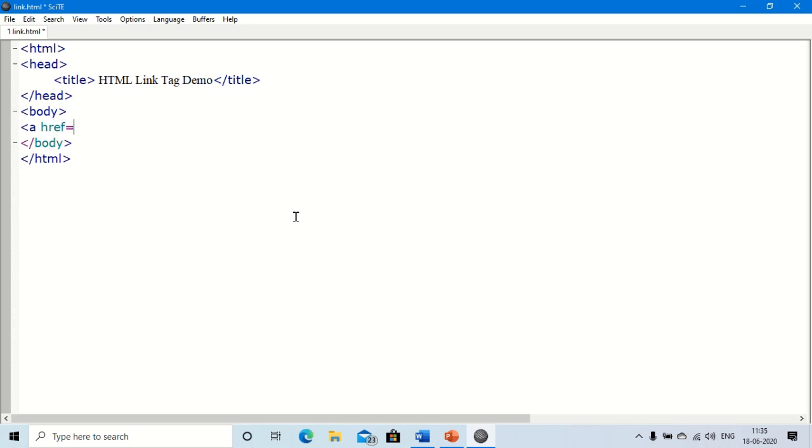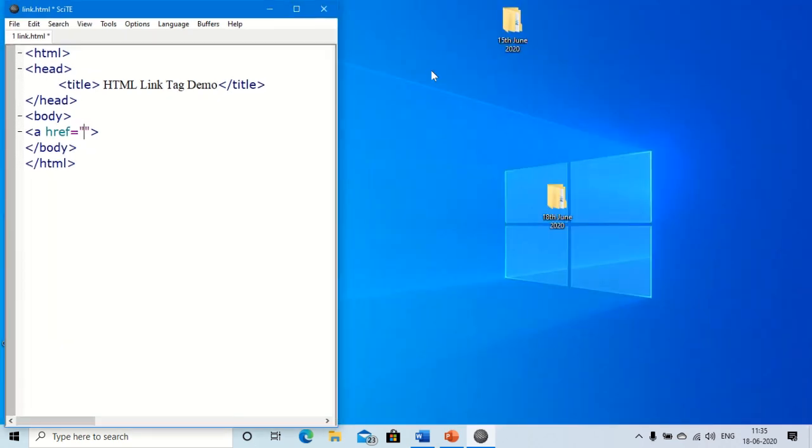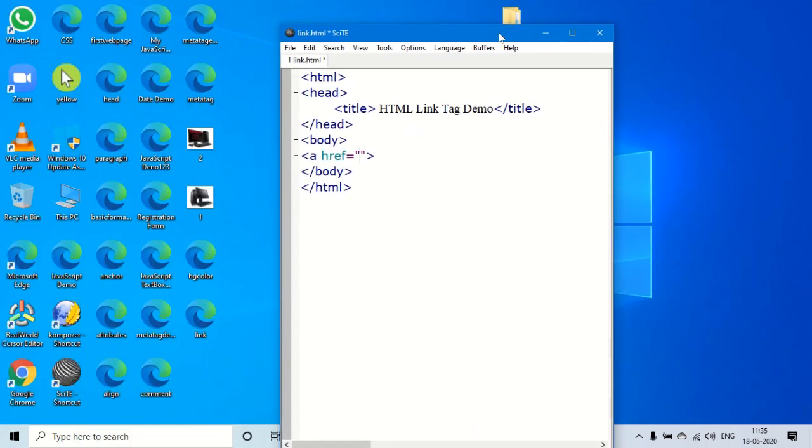A href is equal to, here we have to mention the page which you want to link. Here I want to link this align page, so I am going to give align.html. This is the page which you want to link, and here we have to provide some message, click me. So this is the message, and close the anchor tag.